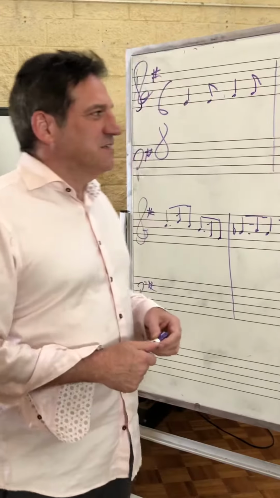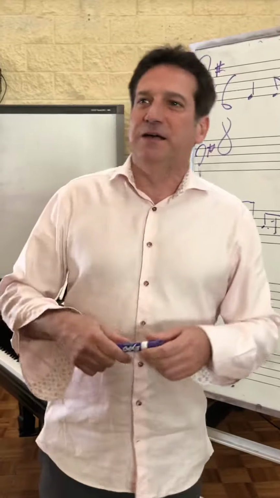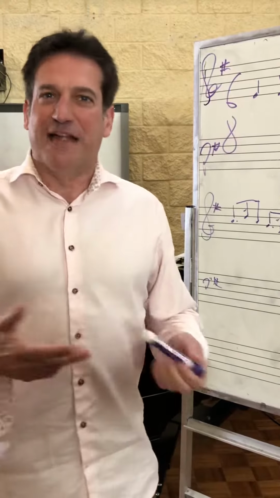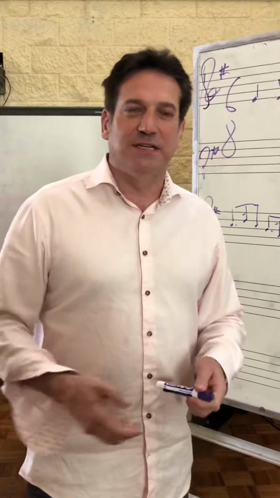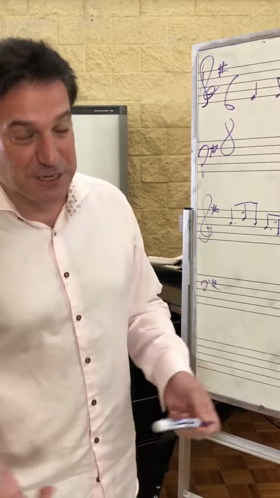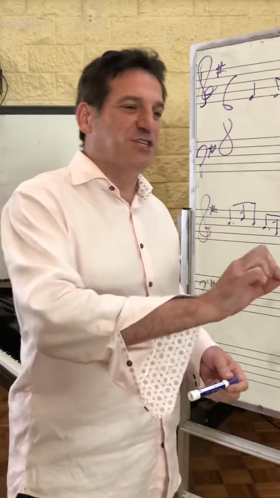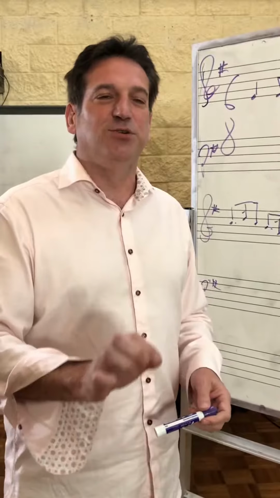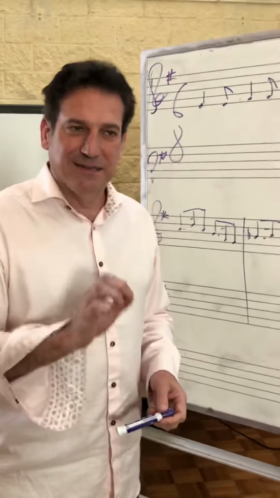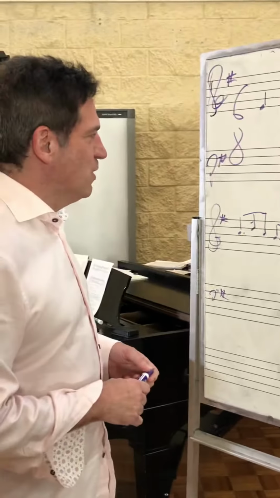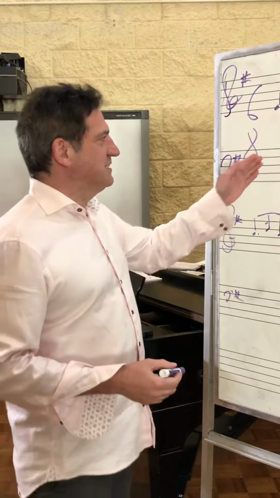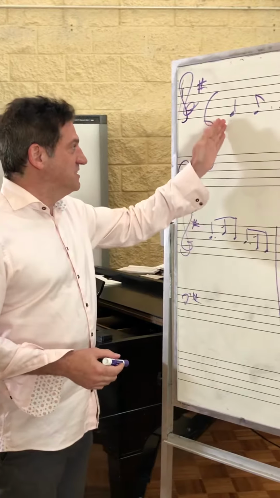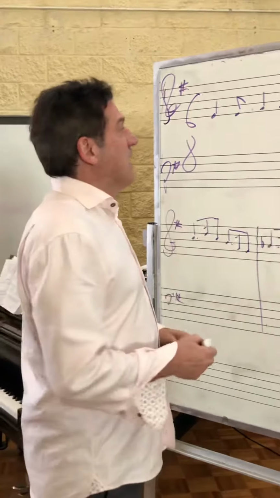Hello, class. I hope that you've read about flat 2 or the Neapolitan in Unit 29. They call it the Phrygian because, like the Phrygian mode, it features scale degree 2 a half step above scale degree 1. For example, in this exercise that we're going to work on together, which is in E minor,